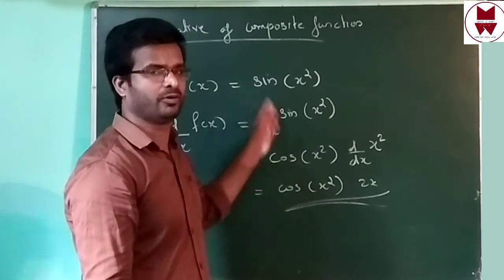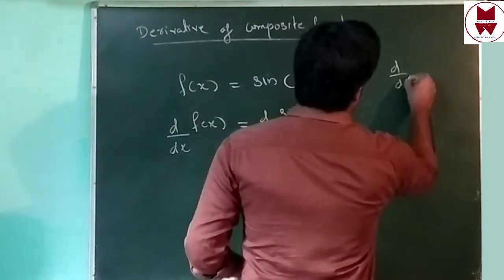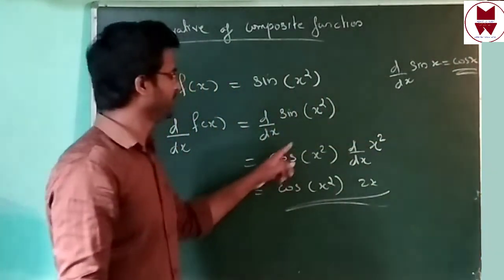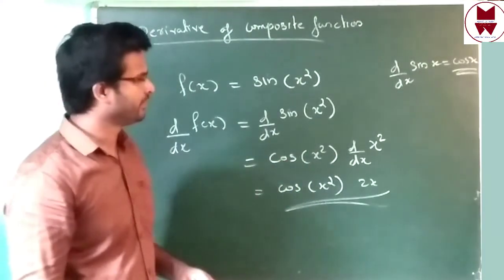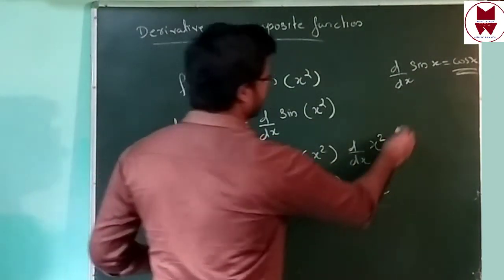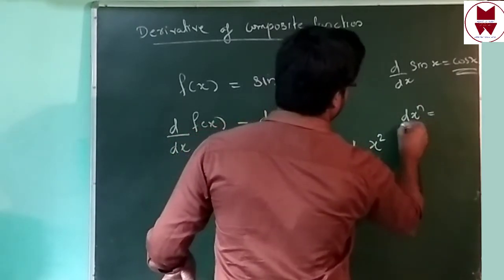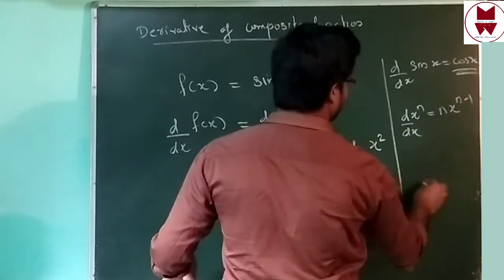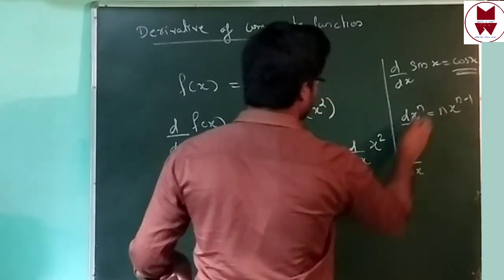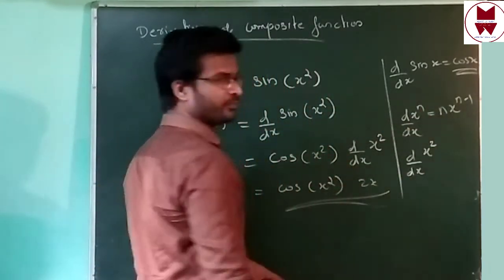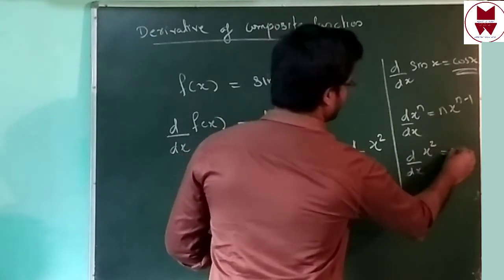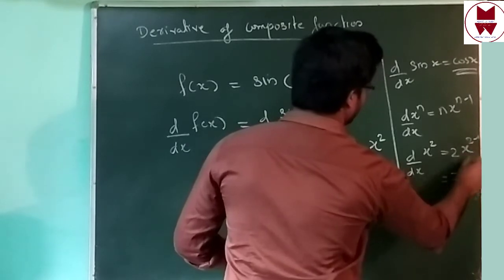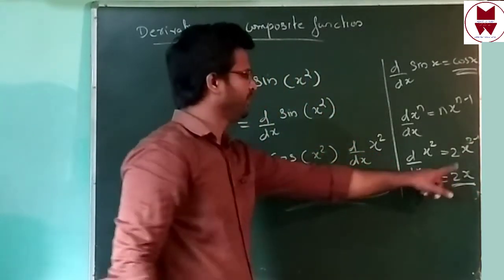We have already written all the formulas. What is d by dx of sine x? Equal to cos x. I use that formula here. Sine changes to cos, isn't it? Then how did x square come to 2x? That is also a formula. D by dx of x raised to n is n into x raised to n minus 1. Check it. What is x raised to 2? Then n means 2. 2x raised to n minus 1, that is 2 minus 1. Then 2x raised to 2 minus 1 is 1. This one, no need to write. What do you get? 2x.